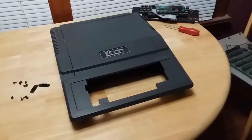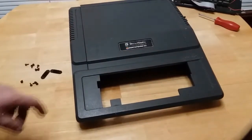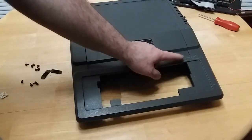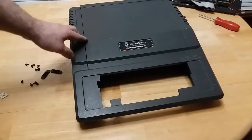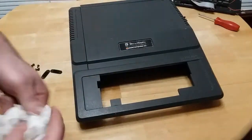And there we go. Looks a lot better. I'm going to do some more fine-tuned cleaning to it. But now you can really see the engraving here, the serial number, and where this thing came from. So, yeah, I find this thing fascinating that this was actually just not far from where I live. Which is just ironic as all heck because